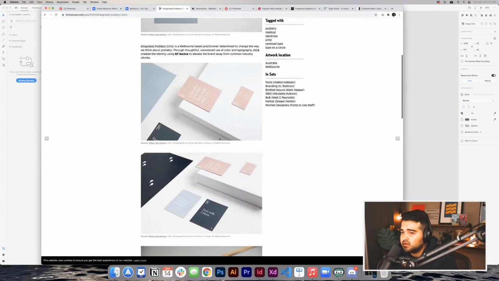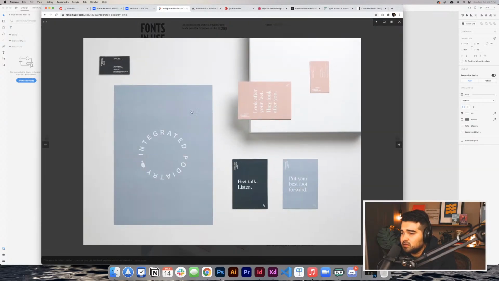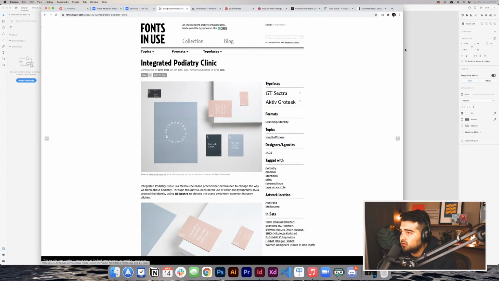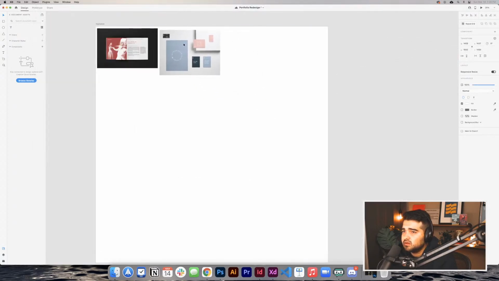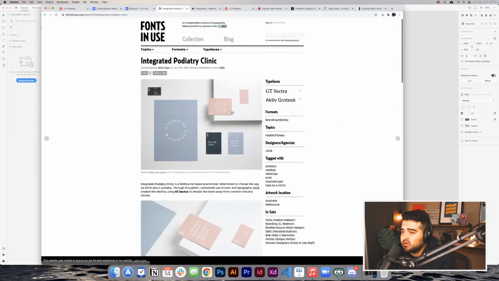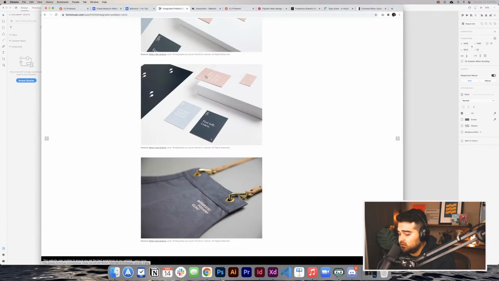I kind of like the colors. I like this. This could be used somehow. Don't ask me how, but it could be used. Okay, so let me go back to see if I can find